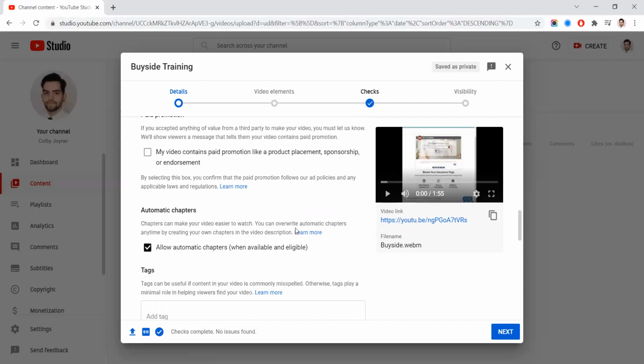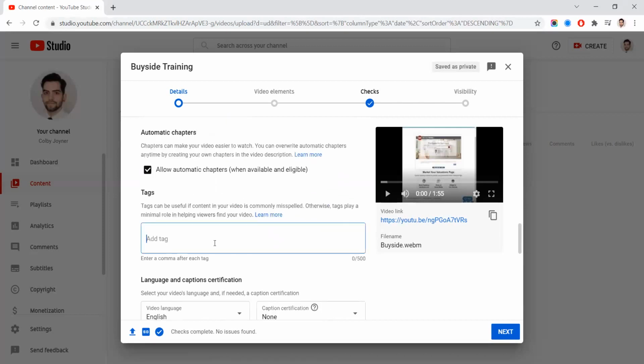Some of this other stuff is not really necessary. You can add tags here. This is where you wouldn't do a hashtag. You would just mainly say real estate. And it's similar to that Instagram or whatever, Facebook, that have various topics. You don't have to do this, but you want to do this for